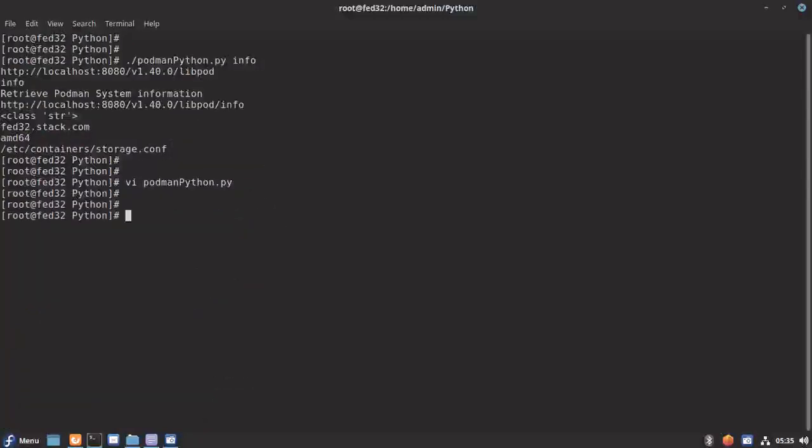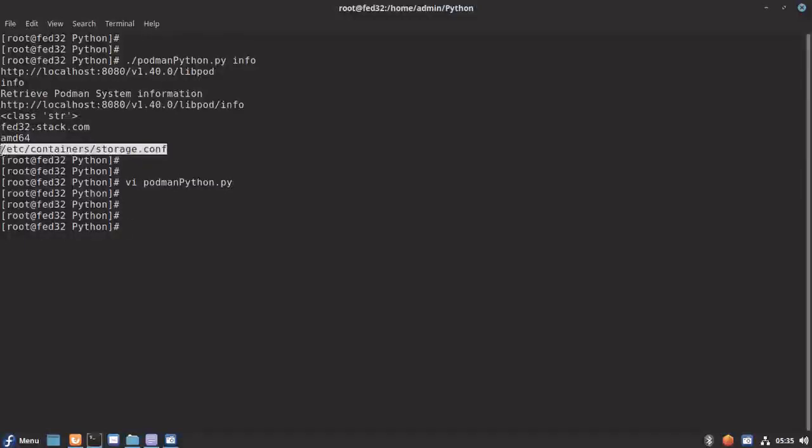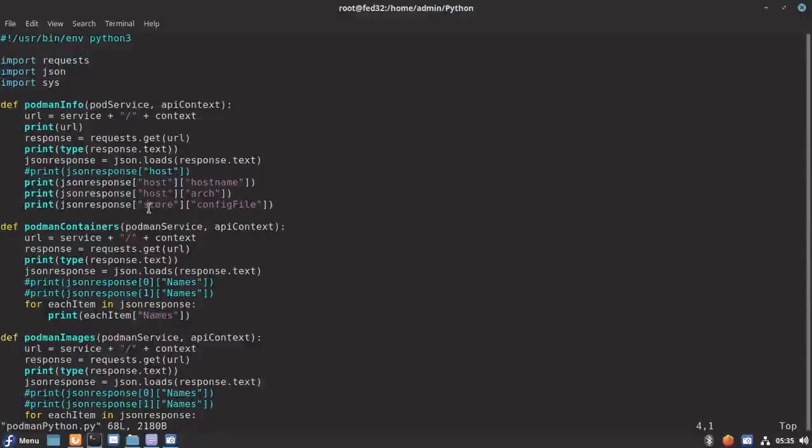Okay. I didn't mention the config file, but this is the config file that Podman is using. We try to fetch that information from info using store config file.